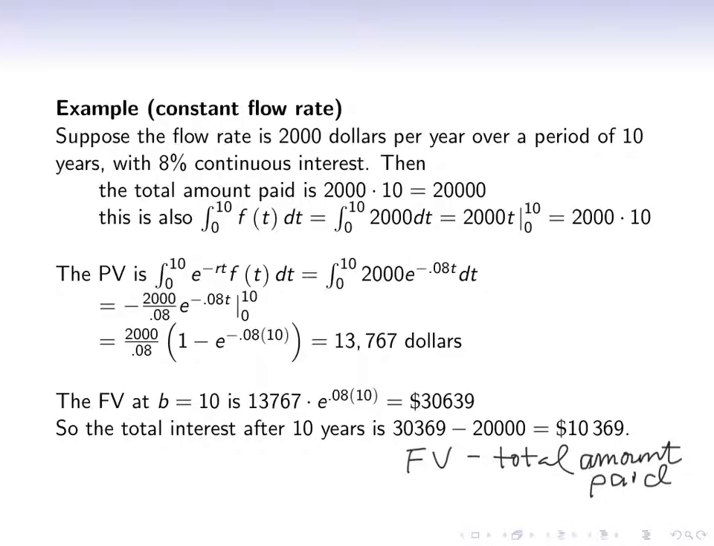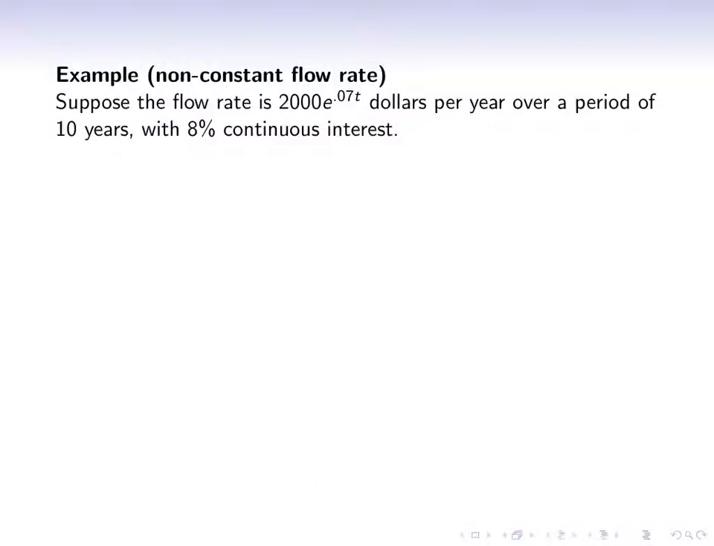So you have the three values: the total amount, $20,000, the present value, and then the largest amount, the future value, at the end of 10 years. Here's another example with a non-constant flow rate. Suppose the flow rate is 2,000 e to the 0.07t dollars per year over a period of 10 years,